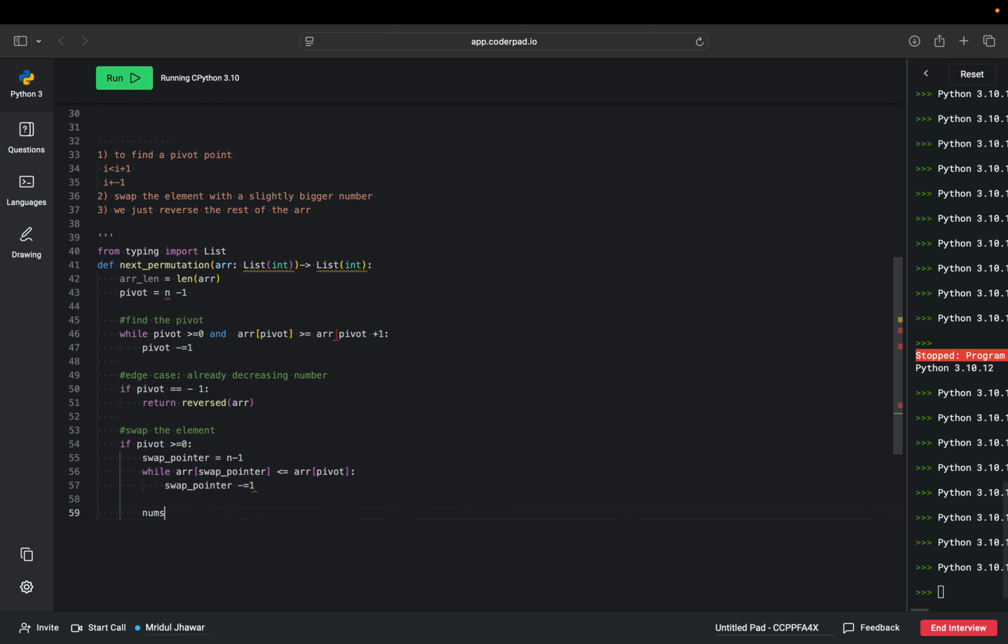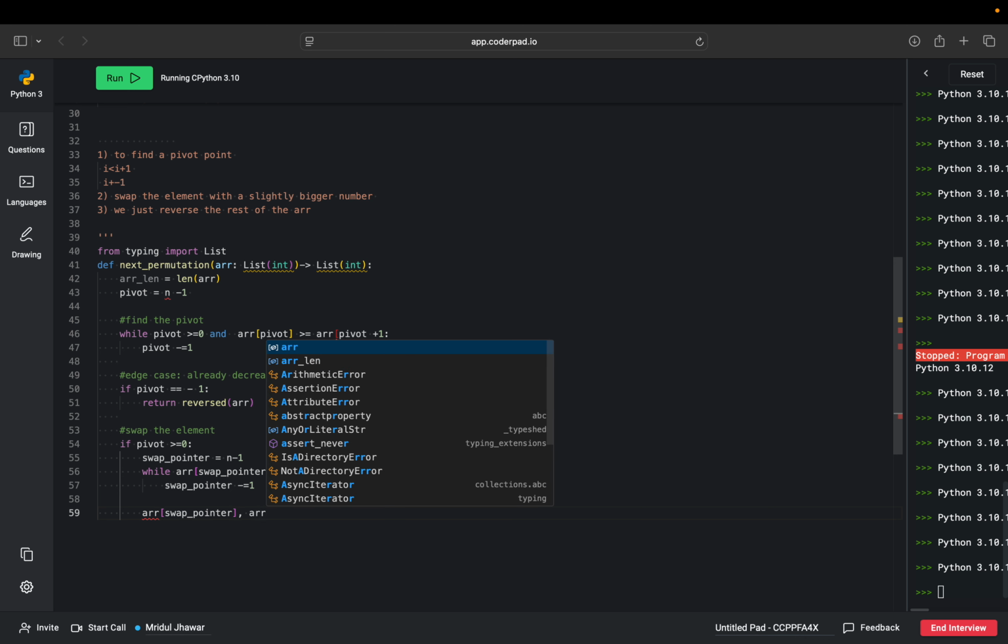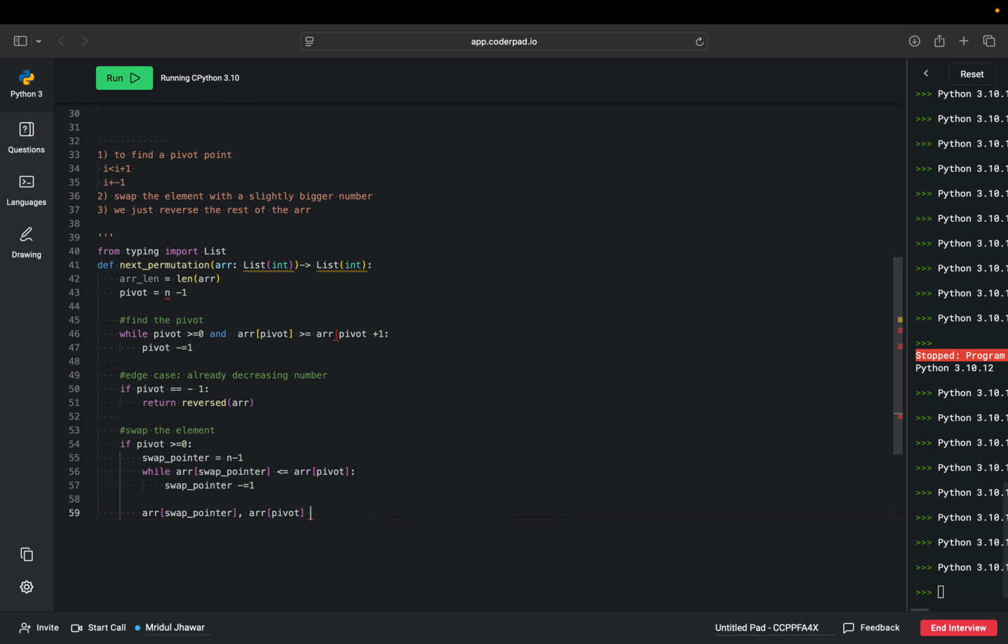And then we'll do the exchange. Array at swap pointer and array at pivot is equal to array at pivot and array at swap pointer. And then now we just reverse